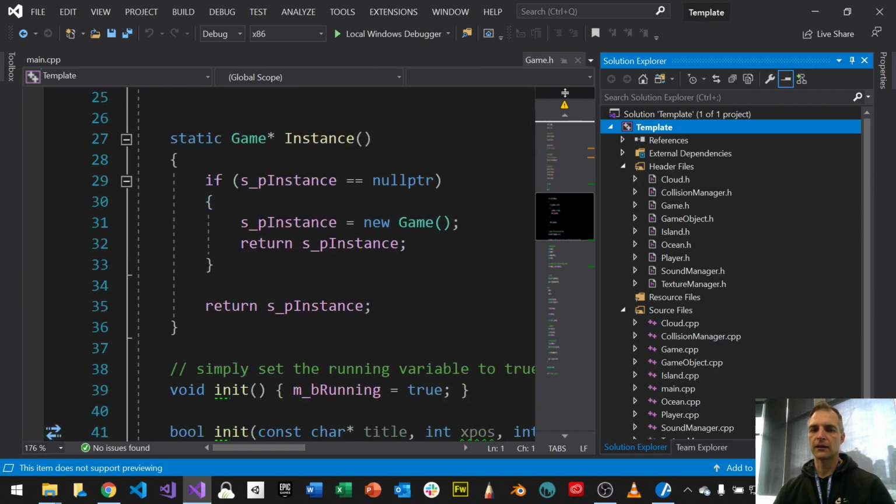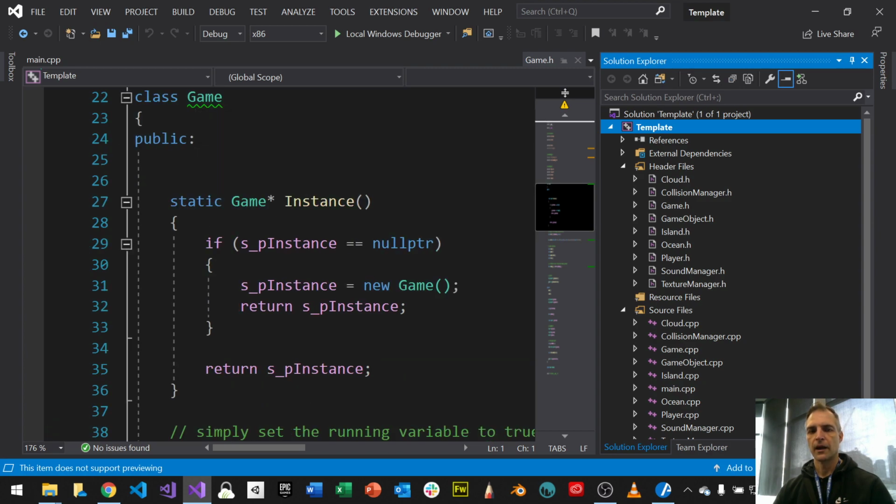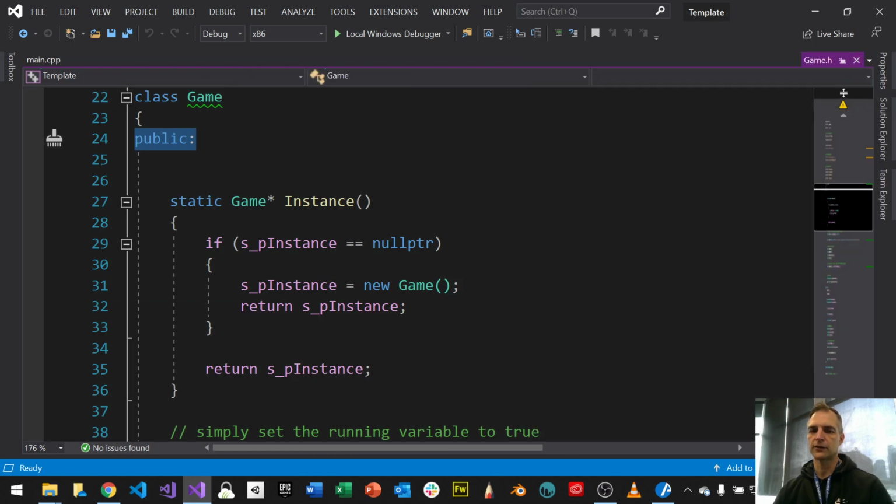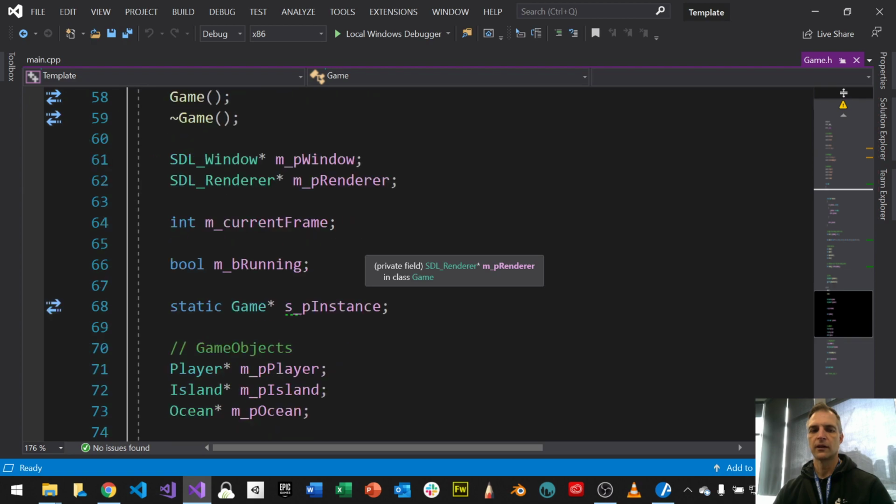All right, so that is main. And if you notice main, it calls game. And game is a class. And in the public area, so there's the public area of the class starting here, I have this static game instance function. Remember, this is the singleton, right? So how does the singleton work? There's different parts to it. One, if I scroll all the way down, if I go to line 68 of my singleton,